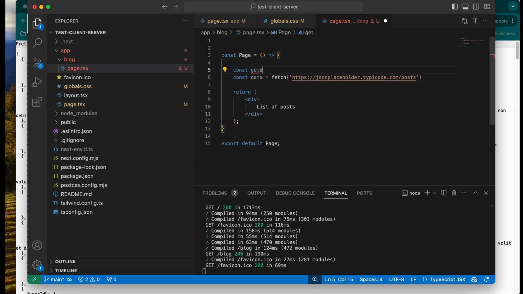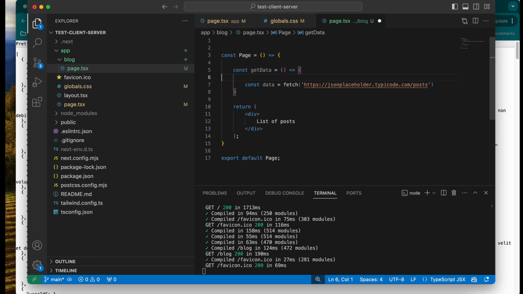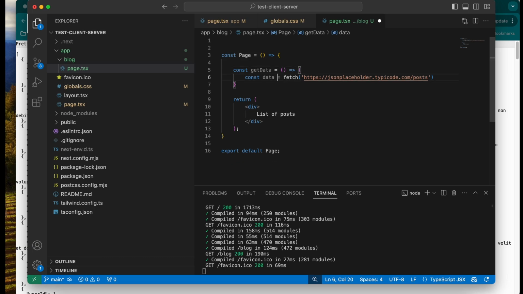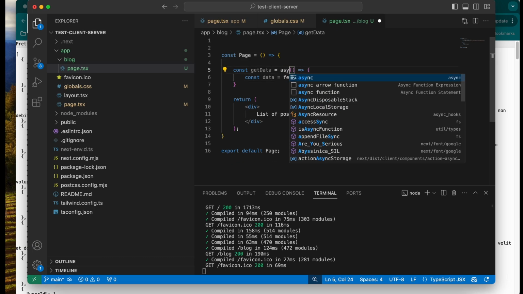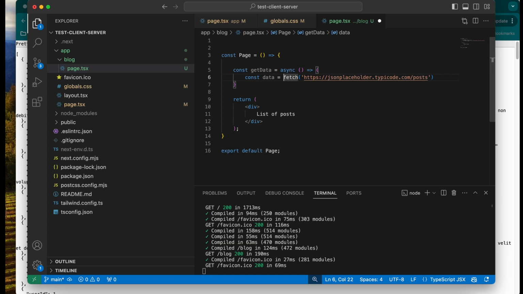Const getData like this, and we want to place it inside that. So const data, and this should be async. I will explain this async and await